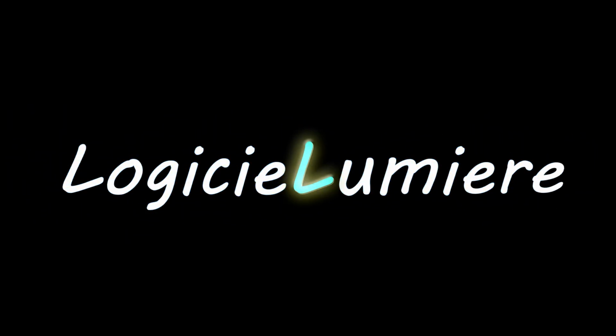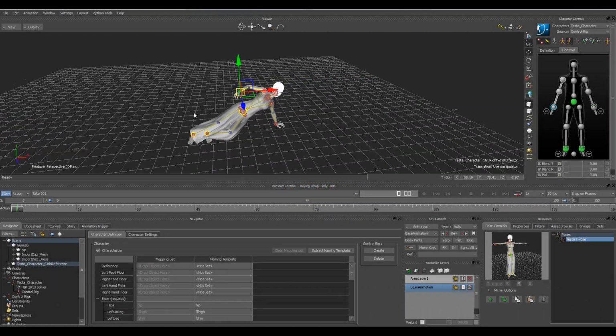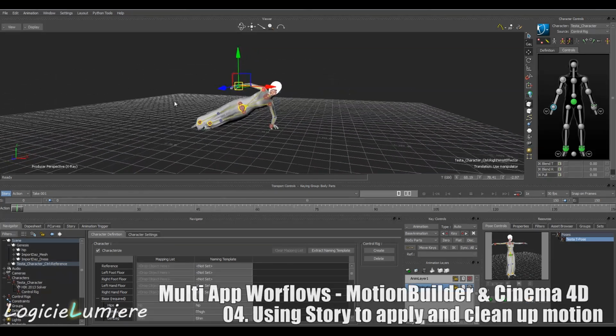Alrighty guys, welcome back. This is part 4. And what we're going to do in this one is we're going to actually go ahead and use MotionBuilder's Story editor, non-linear editor to